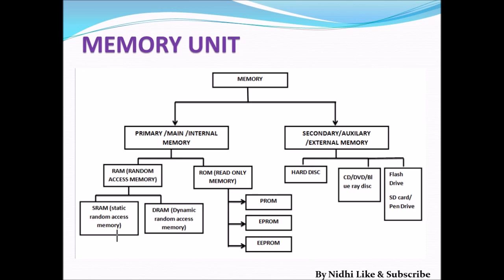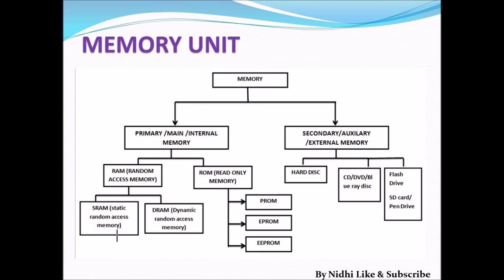ROM is further categorized into PROM, EPROM, EEPROM, and secondary or external memory is further categorized into hard disk, CD, DVD, Blu-ray disc, and flash drives such as SD card and pen drive. Now we will discuss primary memory and secondary memory separately with their full forms. Let's move to the next PPT.